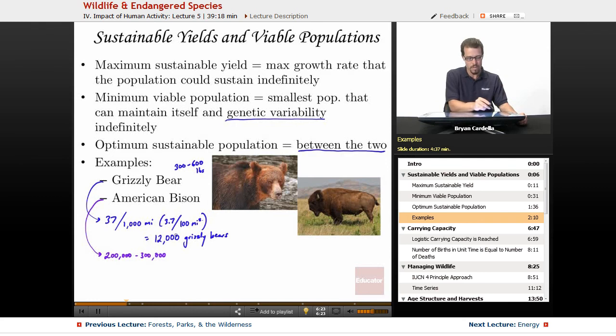This might be what we could consider the optimum sustainable population. There's a lot of them. There's actually a business of selling them to market for meat. Buffalo or bison meat is desirable to some people, and the furs certainly are a good thing as well. So yeah, those are two examples of how you can save a population from extinction.